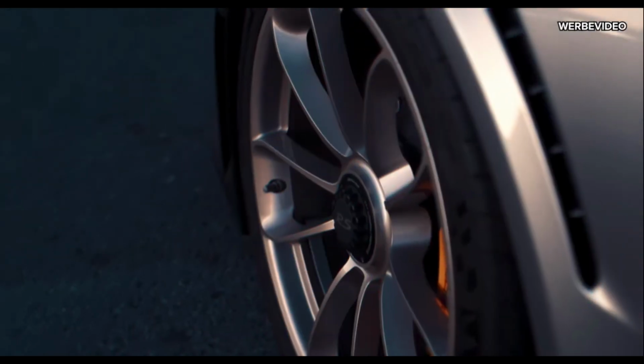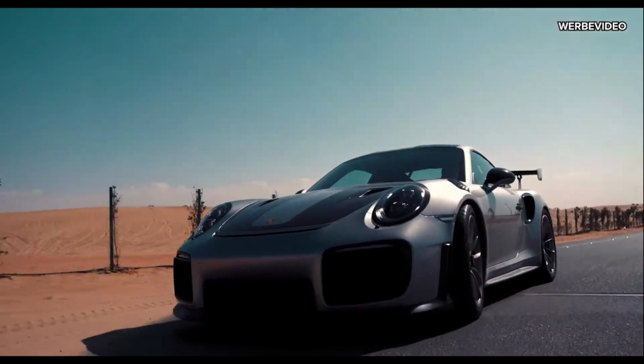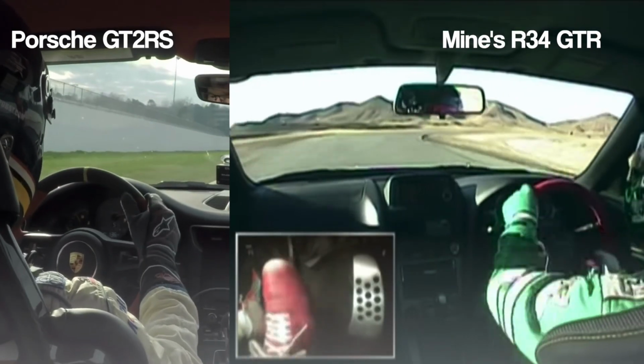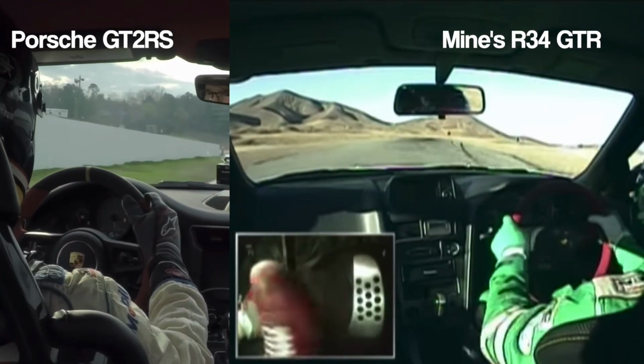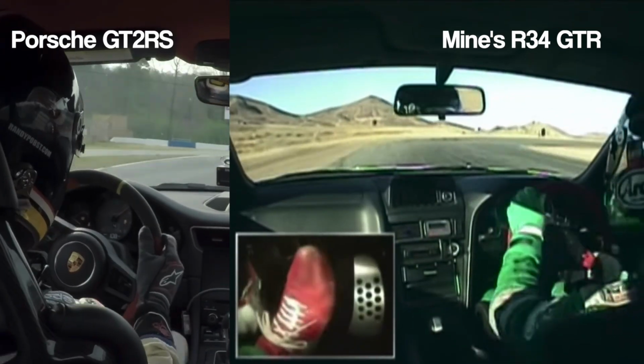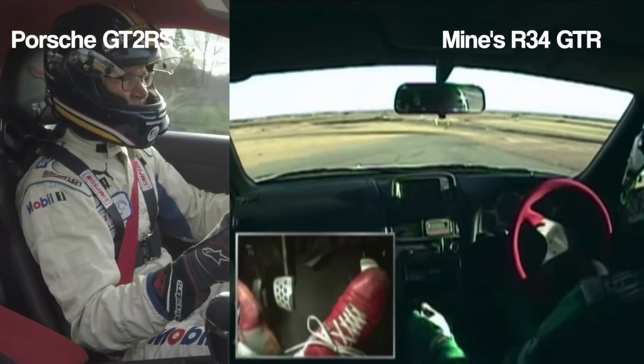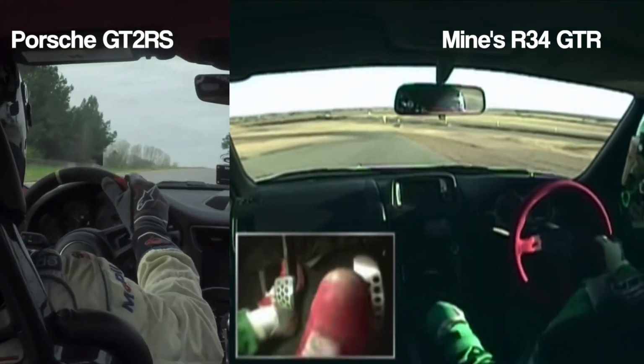So let's run through some quick comparisons between the Porsche and the Mines. The Porsche has their PDK double clutch transmission, which shifts in about 50 or 60 milliseconds. That helps keep the turbos in boost. Whereas the Mines has the stock GTR 6-speed manual transmission. Now imagine how much more demanding it is to drive the 6-speed manual really fast, having to heel-toe, rev match, and constantly make sure that you're in the right gear versus a double clutch, which is so quick